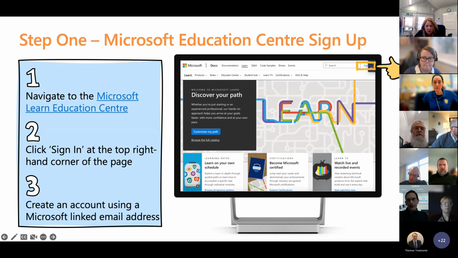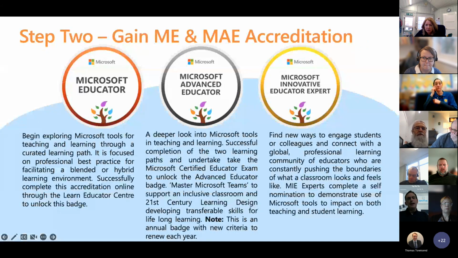Those two qualifications, Microsoft Educator and Microsoft Advanced Educator, are prerequisites and have to be completed, which is a difference from any prior years. If you're a returning MIEE, you still need to do those as well. It's about 6 hours of learning to do the Microsoft Educator if you complete all of the videos and tutorials going through, but if you know it, you can skip to the end and complete the questions anyway, so you don't have to waste that time. And I know that time is precious anyway from having been a teacher previously.